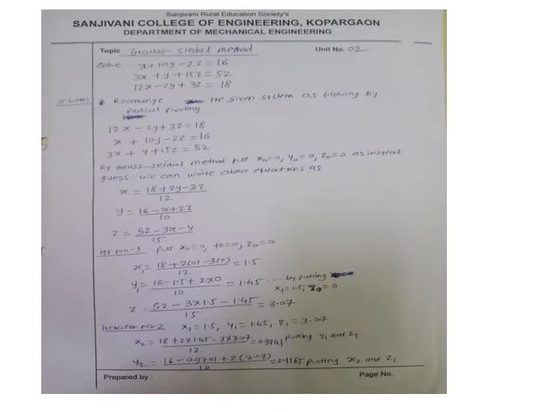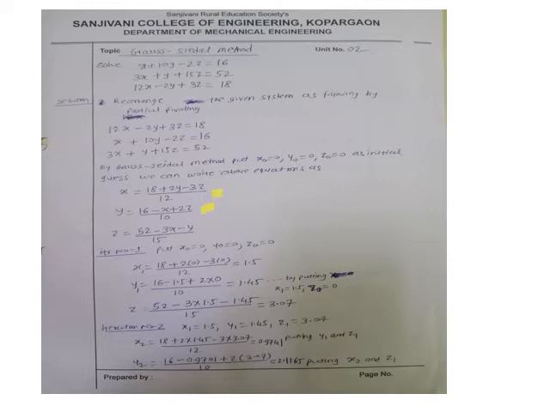So in this particular method we need to use any one equation to separate a variable. Let us say this is a system. In this system we have chosen equation number 1 to separate out x. So x can be written as 18 plus 2y minus 3z divided by 12. Similarly, y can be written with the help of the second equation: y is 16 minus x plus 2z divided by 10.